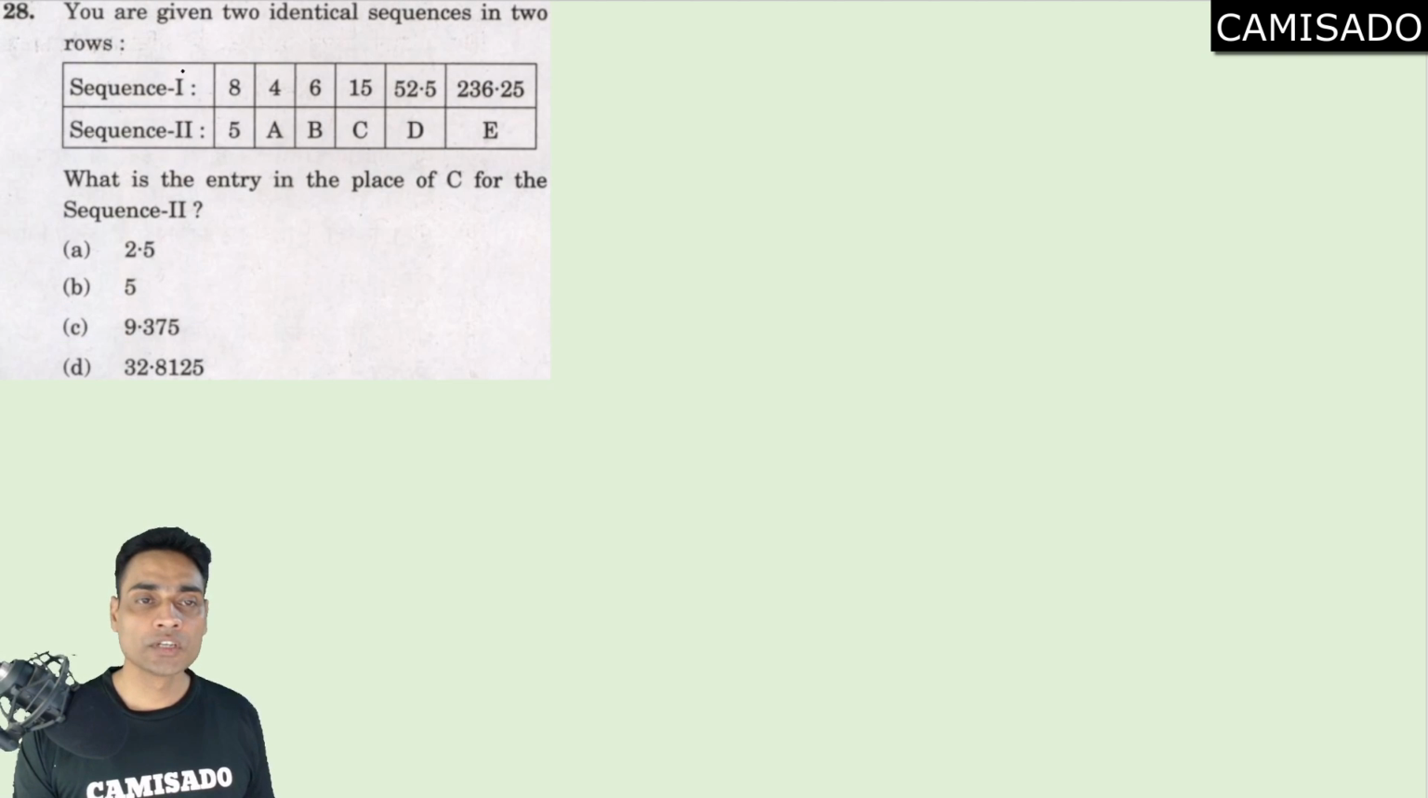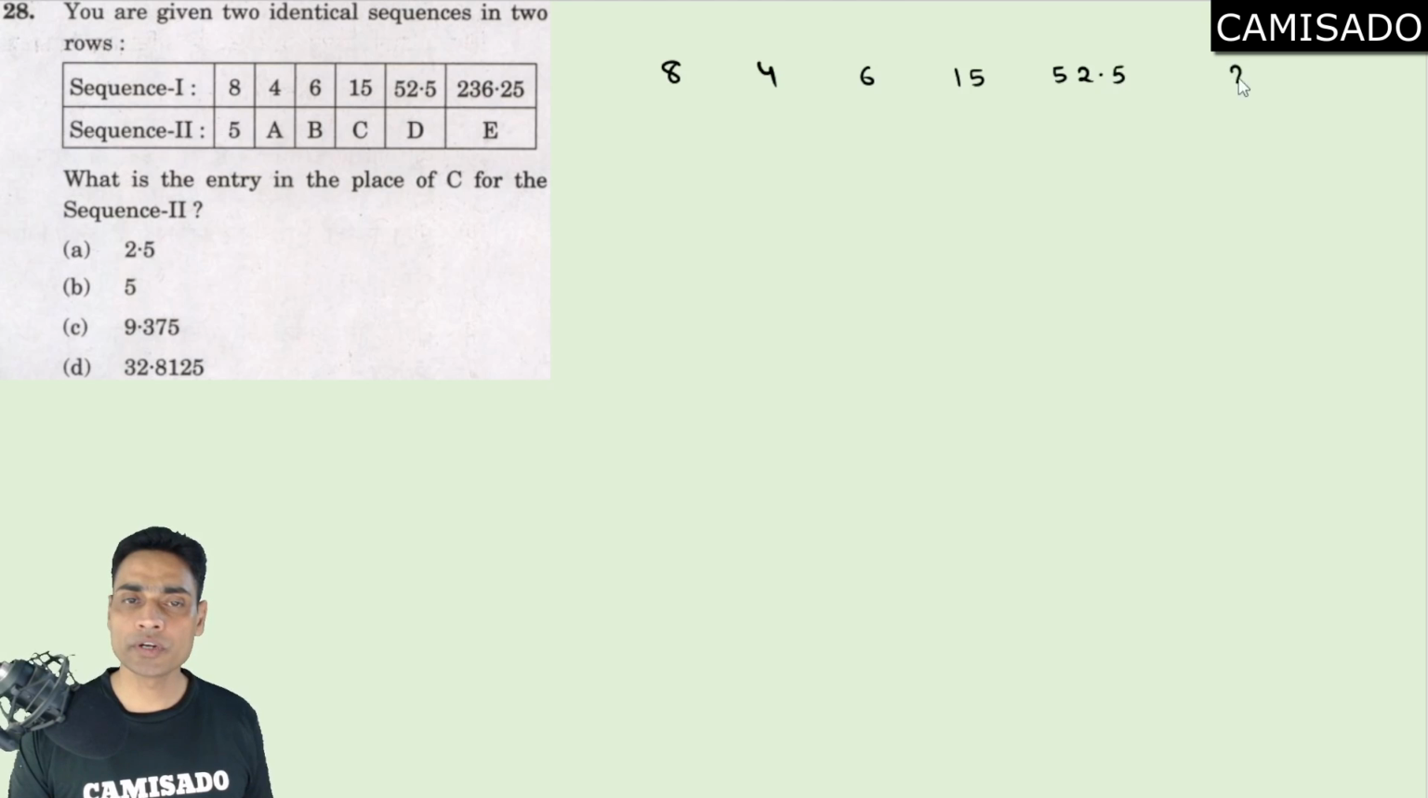Next, you are given two identical sequences in 2 rows. Fine. What is the entry in the place of C for the sequence second? These 4 options are given. Again, we have to study the logic here. So I can solve it here itself. Okay, let me write here 8, then 4, then 6, then 15, then